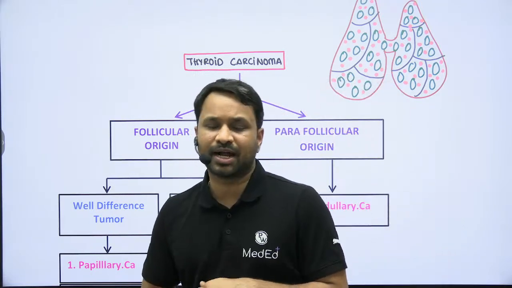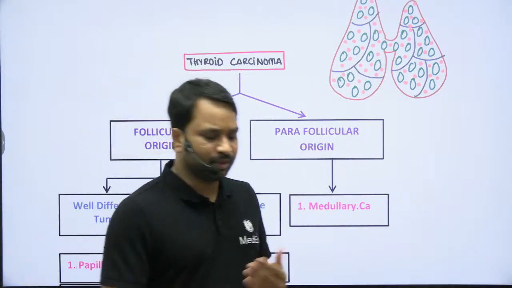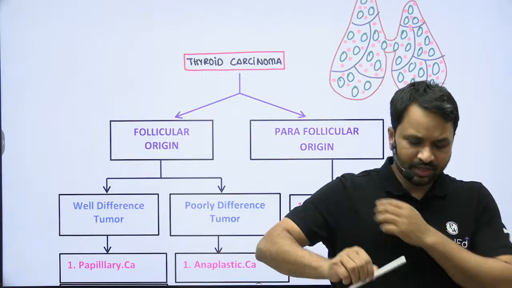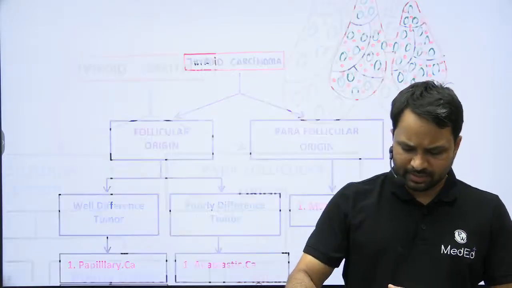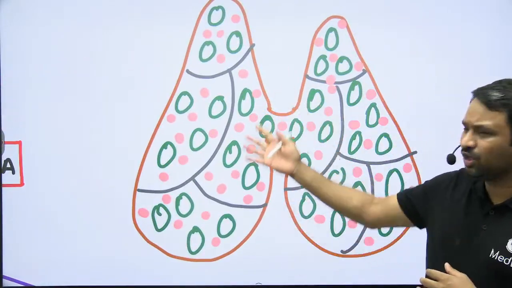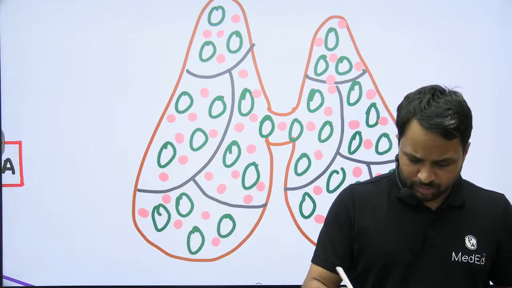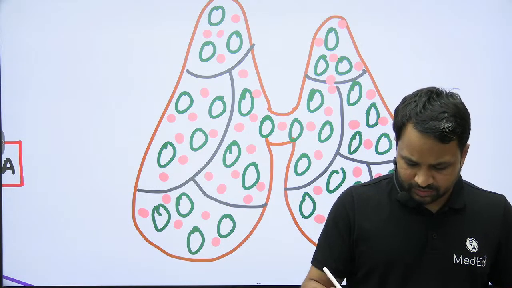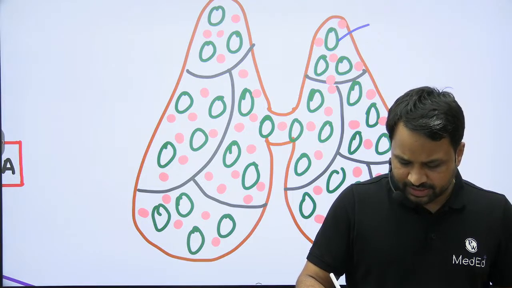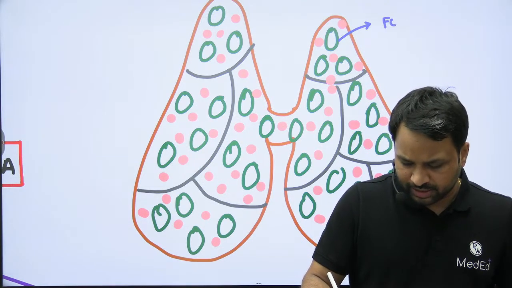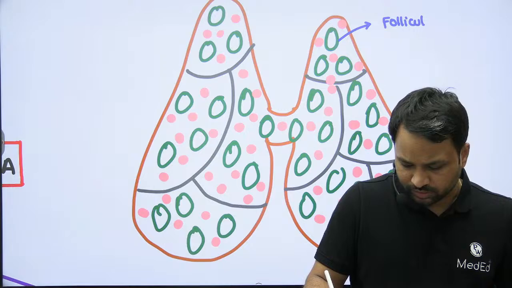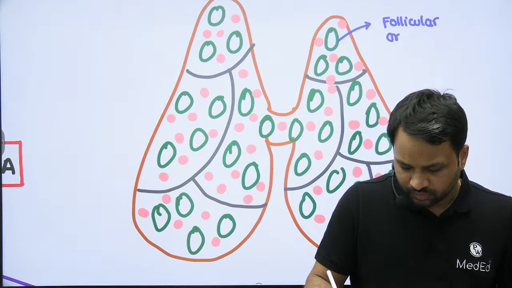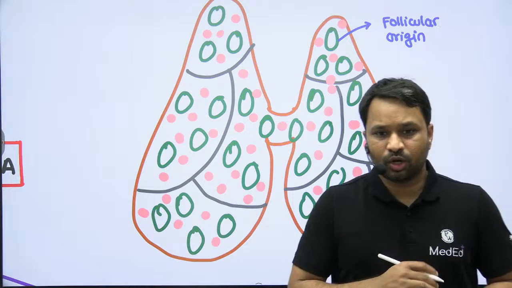All right, so we'll start with the thyroid cancer and then we'll build up from there onwards. Okay. Now, when we talk about the malignancy, it has to arise from any of these components which are going to be present. So what we are going to say is that either the malignancy is going to arise from follicle. If it is arising from follicle, we'll be calling it as follicular origin. On the other hand,